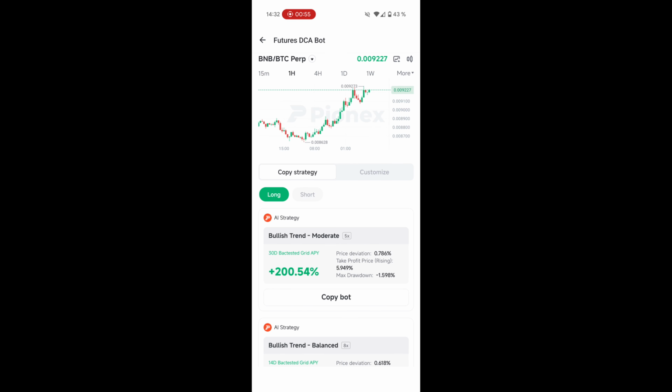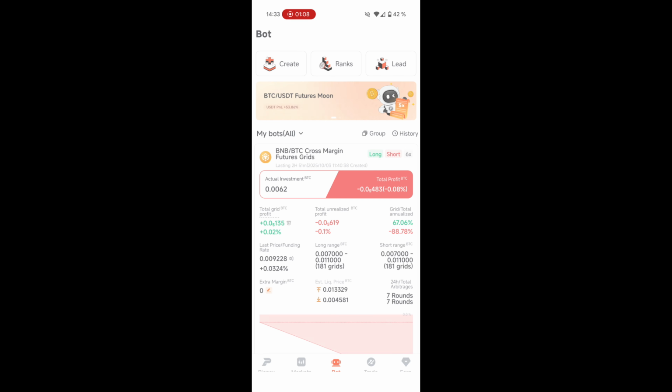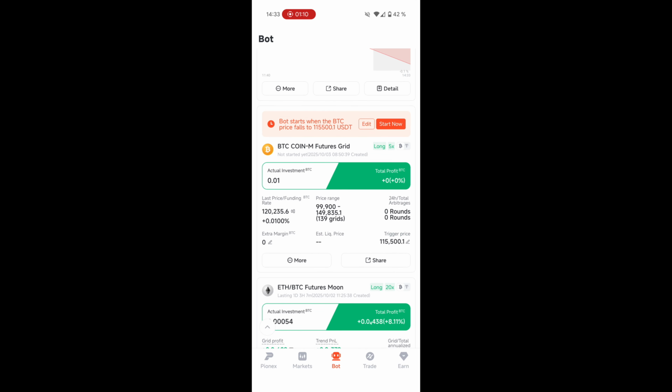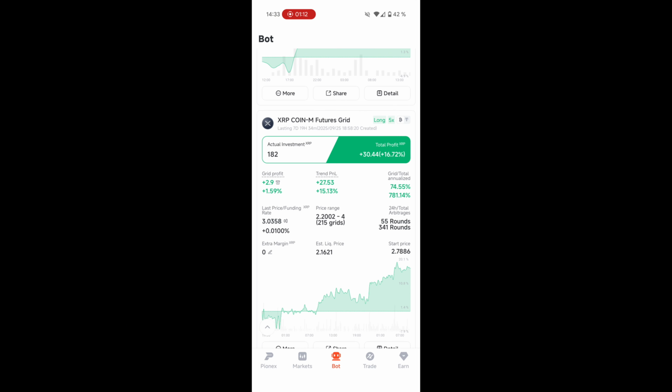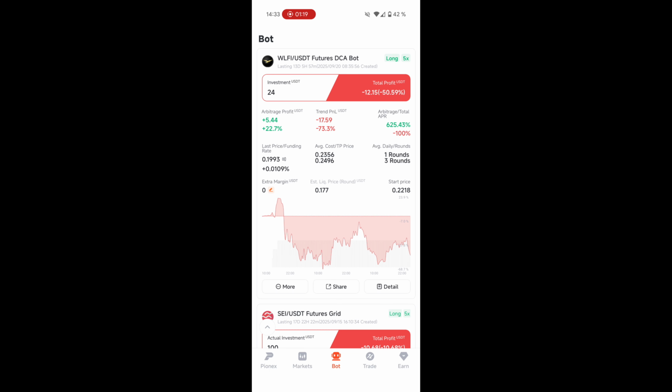For example, we can have a look at one of my DCA bots that is currently running. It's not going too well currently, but for the sake of argument, I tried one with a very interesting coin, let's say. This is a very minor investment, but you can see on the placed one, this is a long bot.